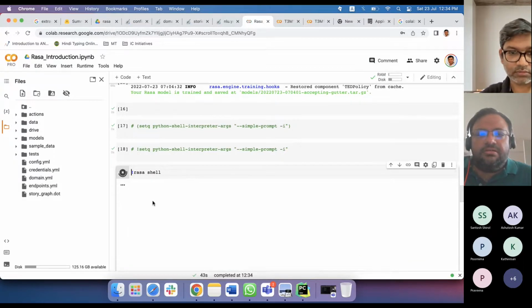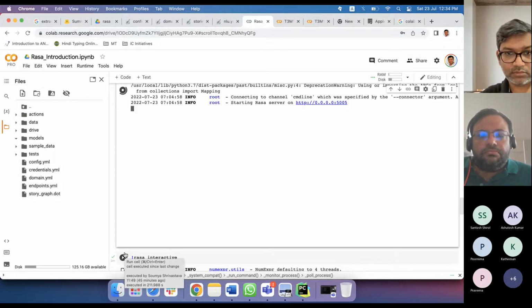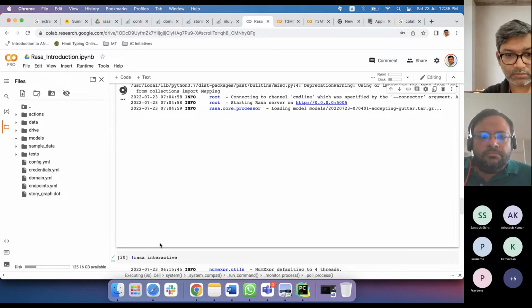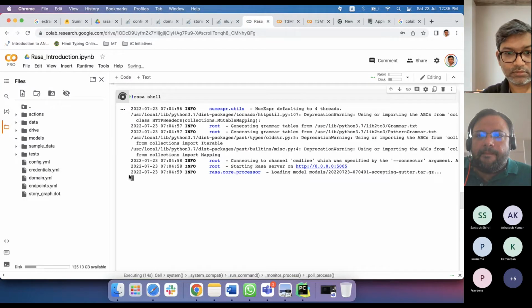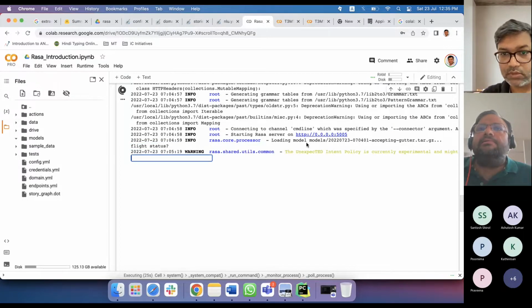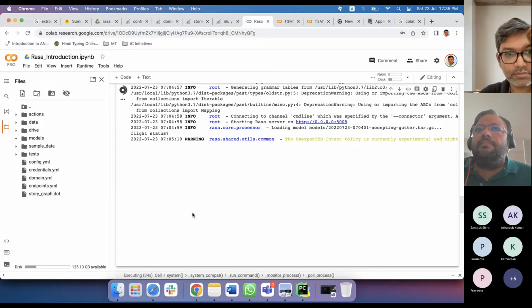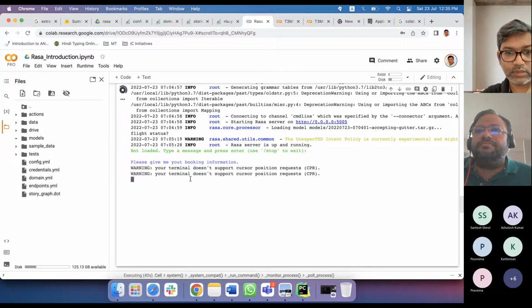Please do, Rasa shell. Still loading. Now it's loaded. Yes sir.